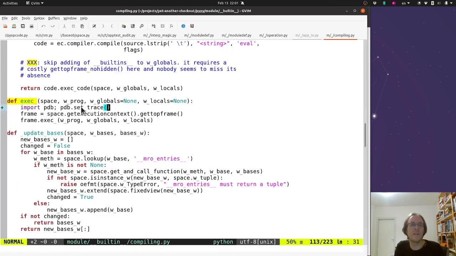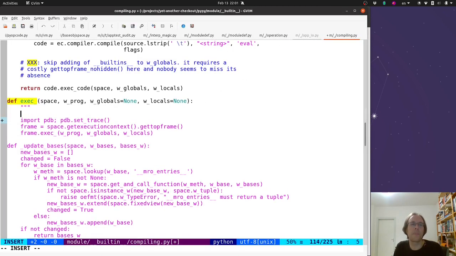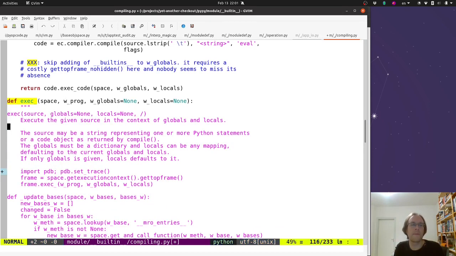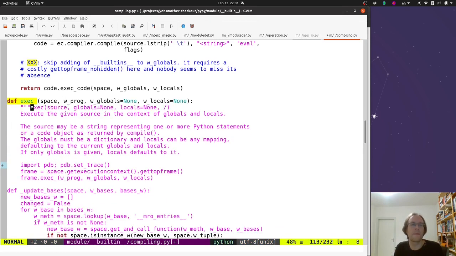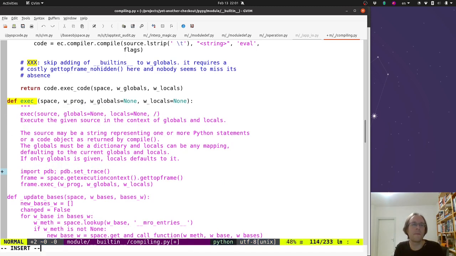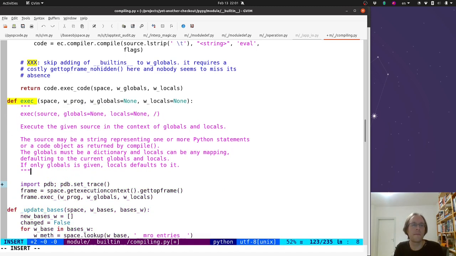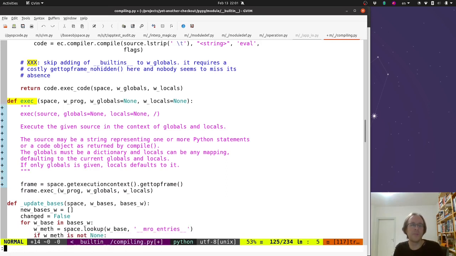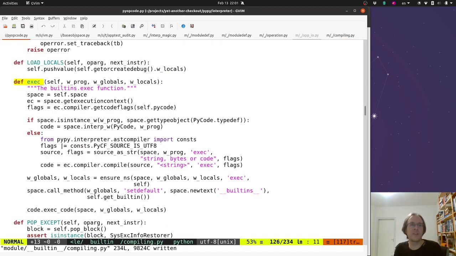Right, and the actual action is here. And I don't really get why it's done that way, why it's done as a method and the implementation isn't just in the builtins module. But we can implement the audit hook just fine